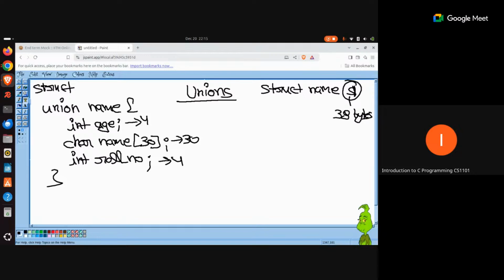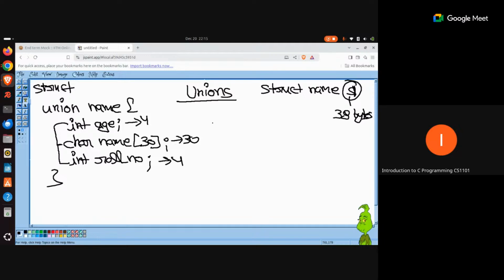But what is happening in union is you are just trying to optimize your code to some extent. The concept is that when you are writing multiple properties, you need all of these properties as part of your program, but you don't need any two properties at the same given time. I am going to repeat this statement once again. Whatever properties you are writing as part of this union, all of them are definitely required while writing that program. But no two properties are required at the very same instant.